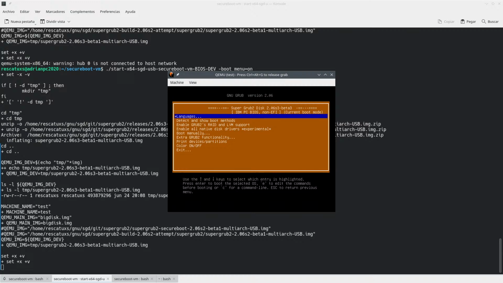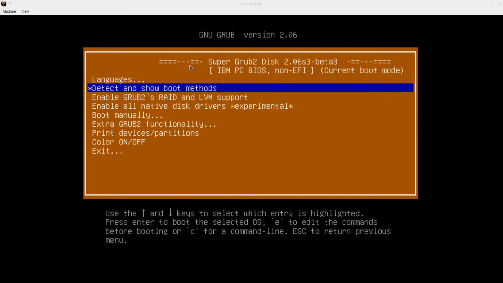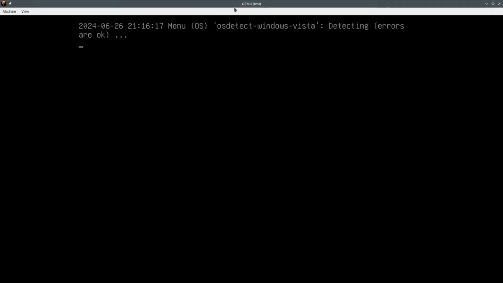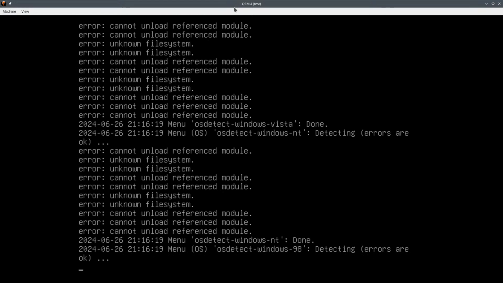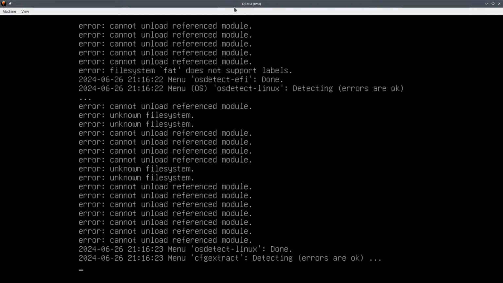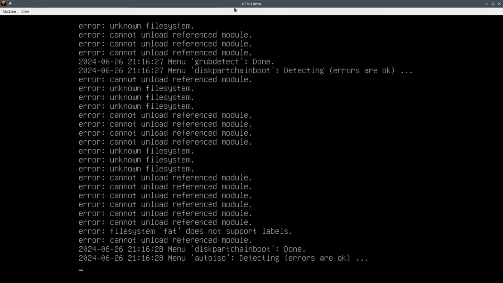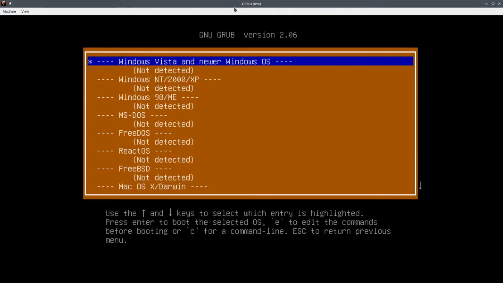Okay, so this is Super Grub2 Disk, which you might know or not. Do you know about Super Grub2 Disk? So you can go here and detect and show boot methods and stuff. And it takes a look at your hard disks, finds everything, and then you can boot whatever.